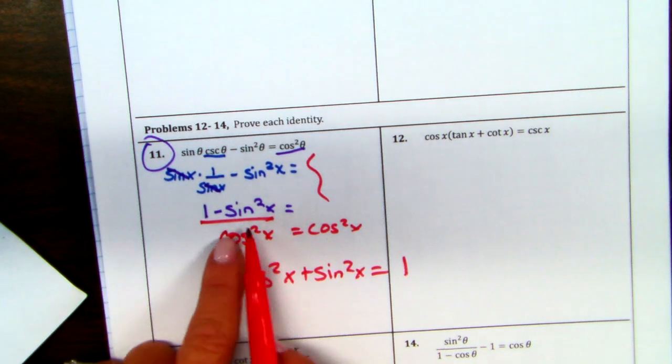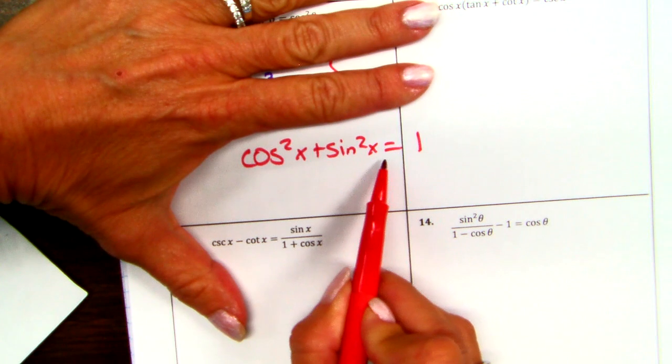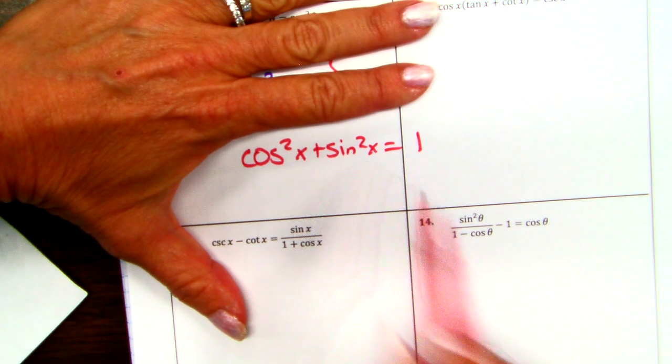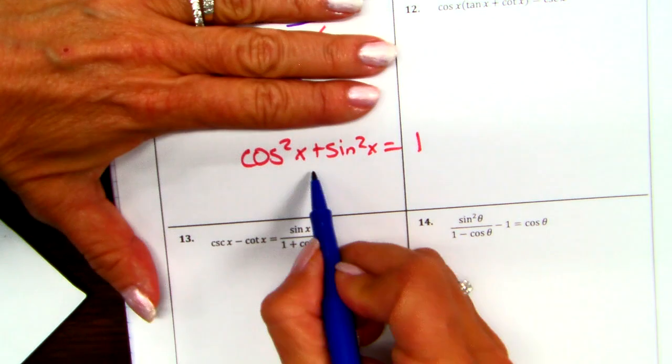On this last part? Okay, so do you remember this Pythagorean identity here? Okay, so if I isolated the cosine squared,